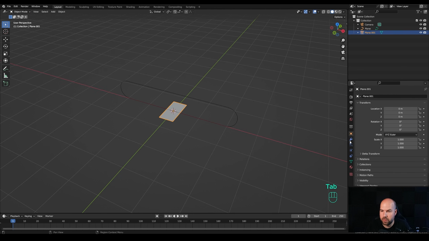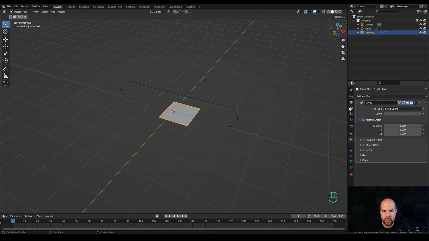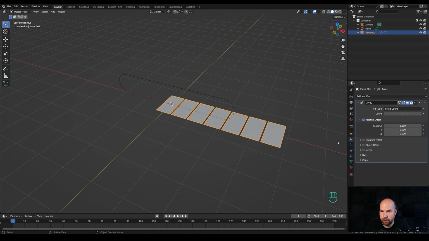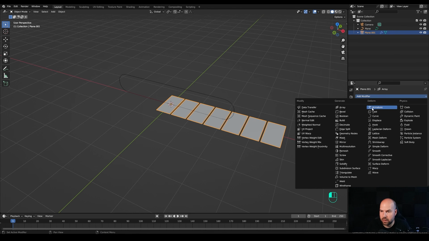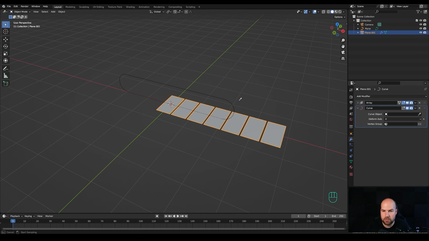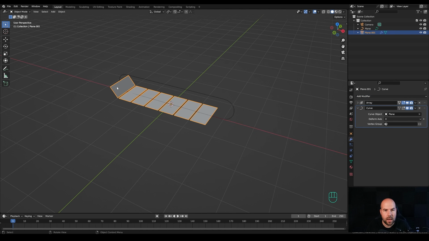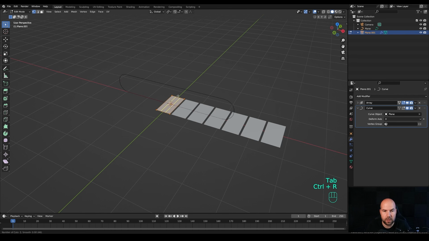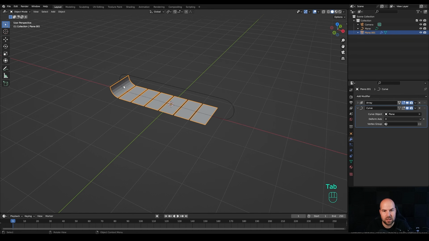And now tab out and let's go into the modifiers panel and let's add an array modifier. And let's set factor to something like 1.1, so there's a gap in between, and now we can increase the count. And to better see how this works on the curve, we can add another modifier. Let's add a curve modifier, and we'll use the eyedropper tool to select this curve right here. And you can see this is not behaving properly because we didn't subdivide the belt. So let's tab into the edit mode and let's press Ctrl R and create a few loop cuts, increase with the mouse wheel to something like this. Now right click to release, and now if you tab out you will see that this bends properly.